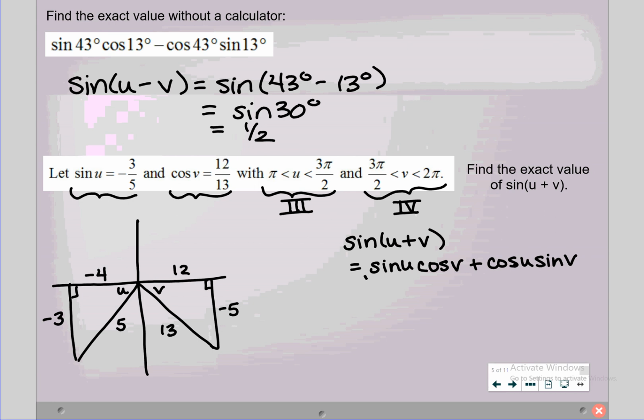And again, those 4 things we're going to fill in. We just don't know unit circle values. We're going to find them off of our triangle. What is the sine of angle u? Look at the picture or look at your given information. The sine of u is